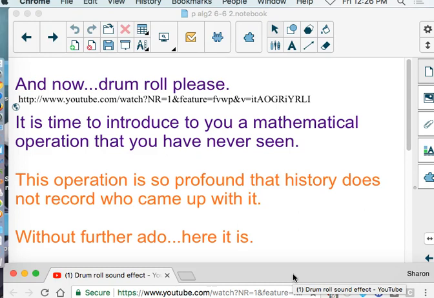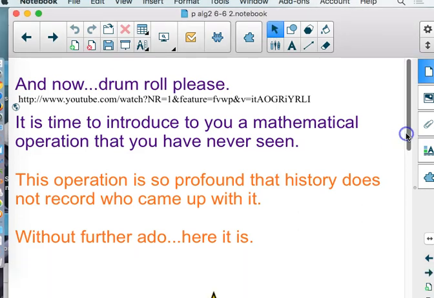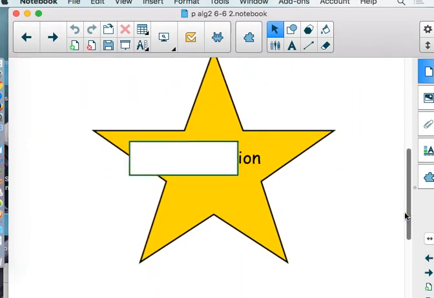This operation is so profound that history does not record who came up with it. Usually, if we go back and look at autobiographies, biographies of famous mathematicians, we'll see, hey, this person came up with big stuff in this. But occasionally, what happens is 2 or 3 people are all studying the same thing at the same time. And it's like they all have their eureka moment at the same time, and they don't name it after themselves. And this was kind of one of those things where more than one person was working on it at one time. So what we have to do is learn about today's star, composition,